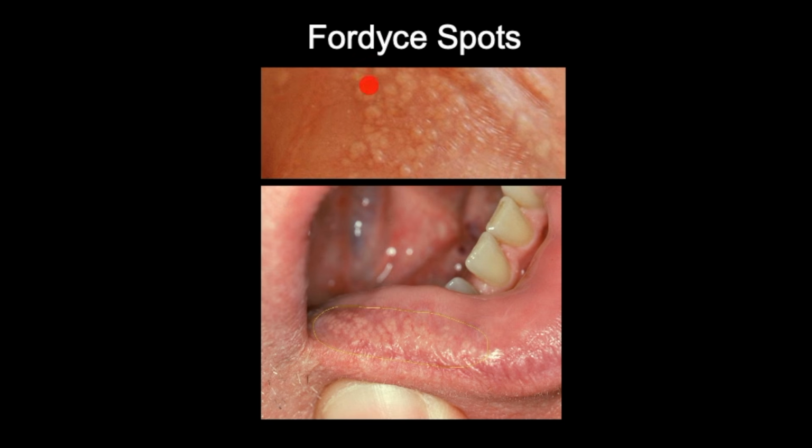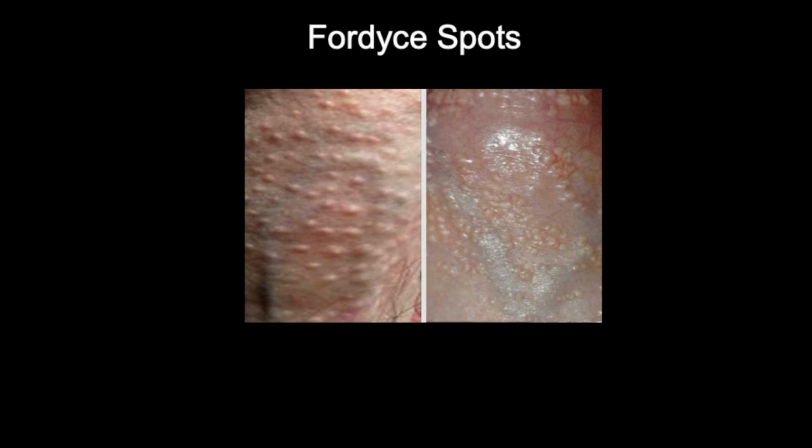This is another example of these little clusters of Fordyce spots, also known as Fordyce granules, on the shaft of the penis, and here you can see it on the lower border of the lower lip. So Fordyce spots are present in about 80% of adults, and they probably present at birth, but they can become bigger and more visible from puberty onwards. It's important to note that they are not a sexually transmitted disease and they're not infectious. So let's go ahead and take a look at some more classical findings of Fordyce granules or Fordyce spots.